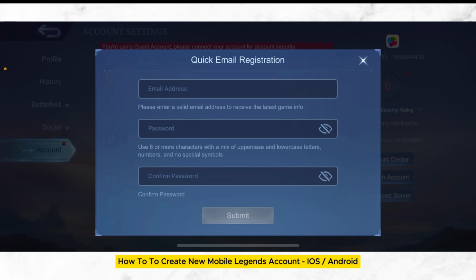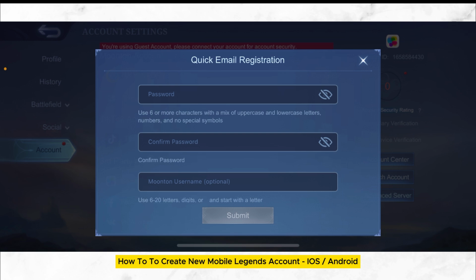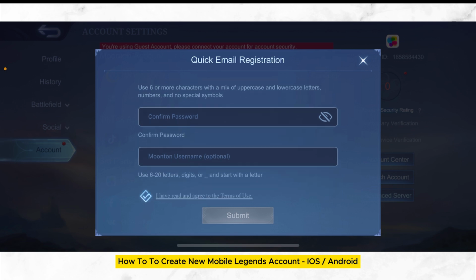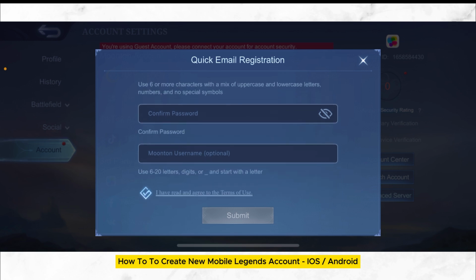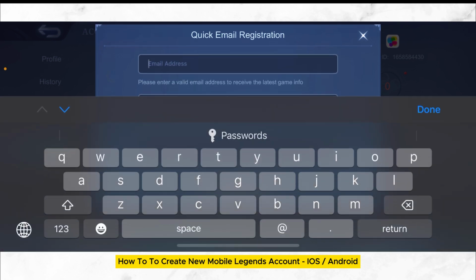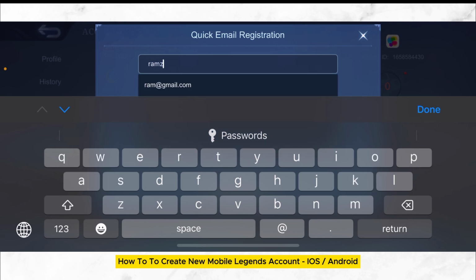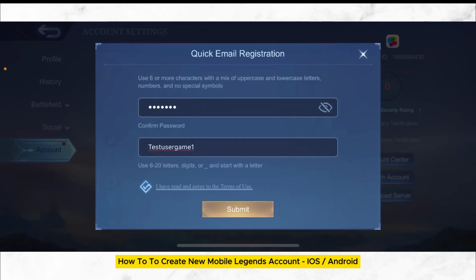An email registration form will be loaded, and you have to fill in the email address, password, confirmation, and your username, and you have to tick the terms and conditions and submit. Once you fill in the registration form, give your username for yourself, and tap on submit,